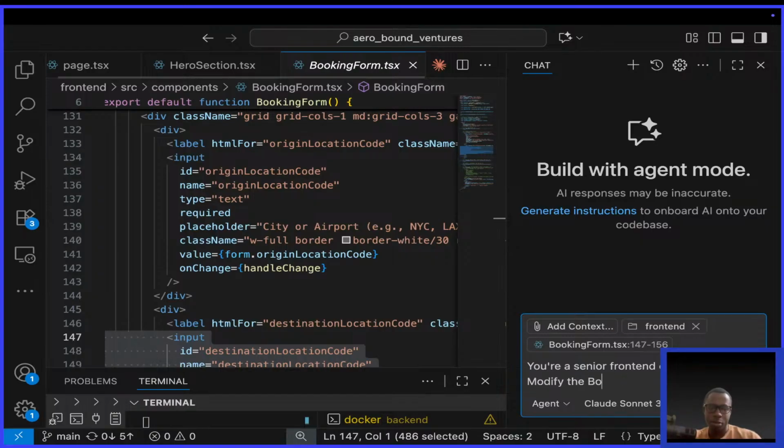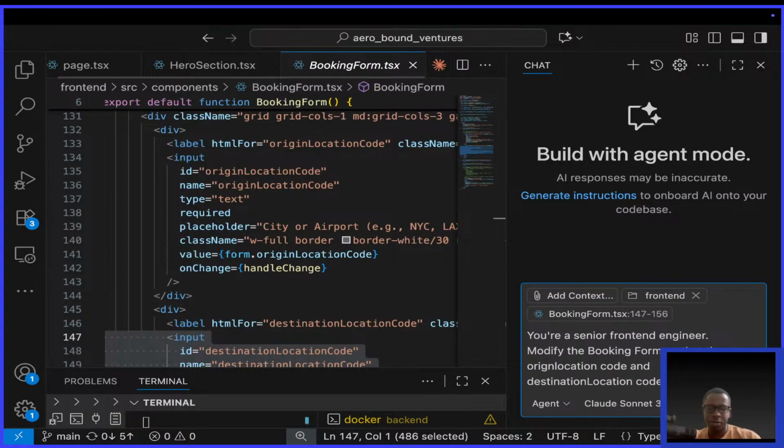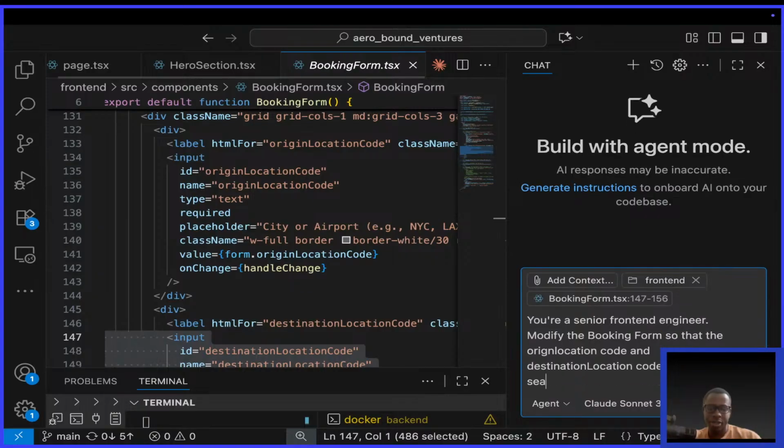Modify the booking form so that the origin location code and destination location code input fields are search